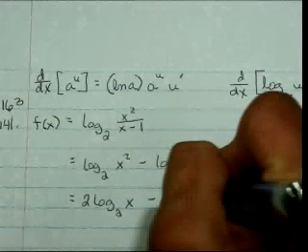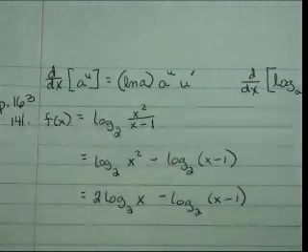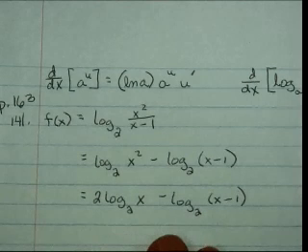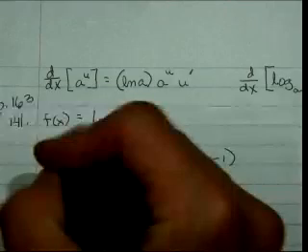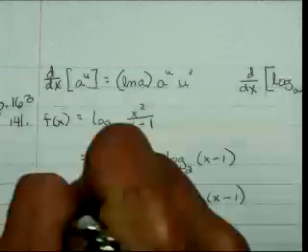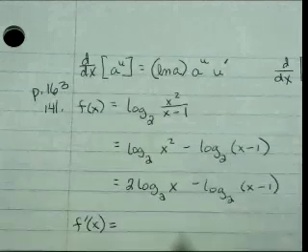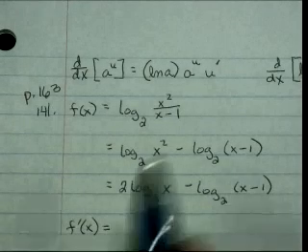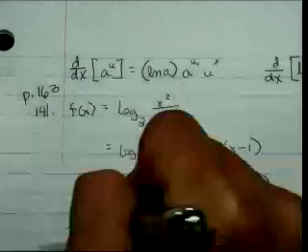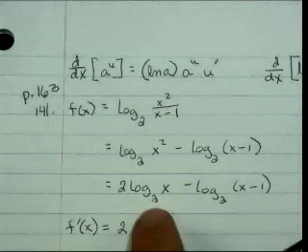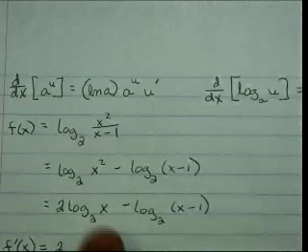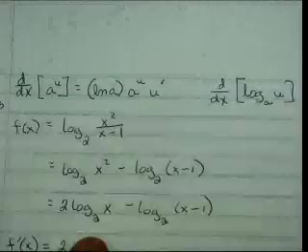Now, that's just algebra. We have yet to do any calculus. But I think that I've written that as simply as I can, so now it's time to find the derivative. F prime of x, if you have a constant times a function, keep up with the constant, differentiate the function. So I'm going to keep up with the 2, and then I'm going to say this formula right here, log base 2 of x, the derivative of log base 2 of x is 1 over